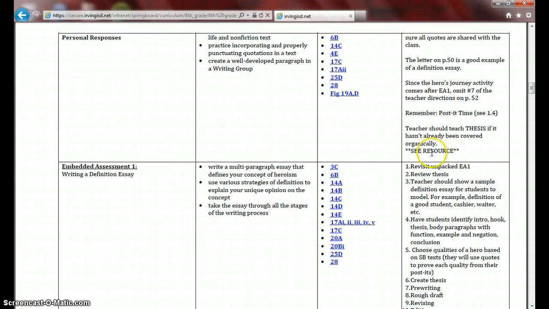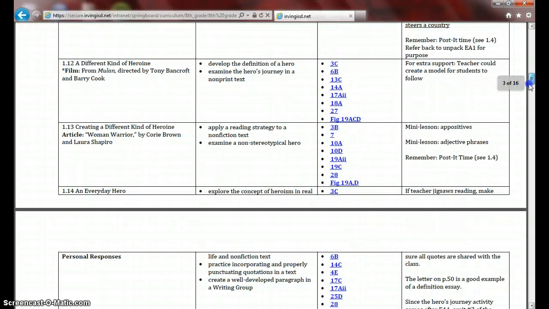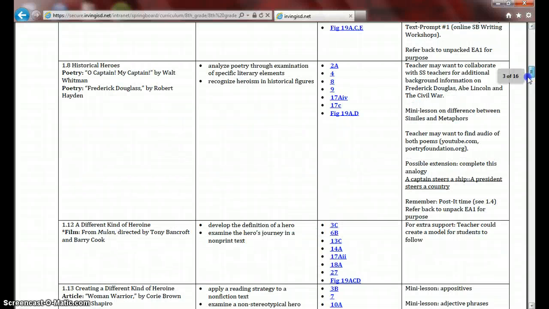You'll see often in here it'll say see resource, and I'll show you where the resource pages are, but those teachers have provided us with their resources to use or not use as we want them. You'll see oftentimes in the notes it'll ask you to revisit the unpacked embedded assessment, and it'll tell you some things to review as you start to get ready for that embedded assessment. But everything the students do within this unit is leading and built on the collaboration of